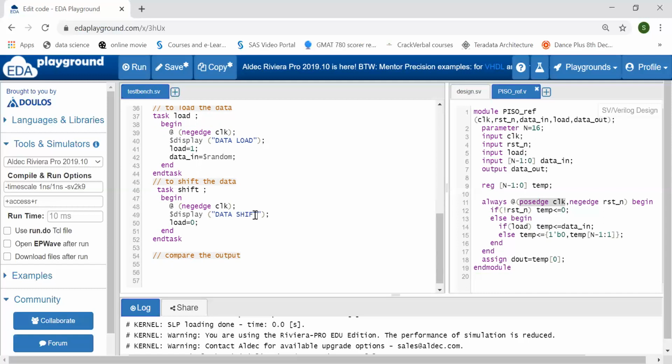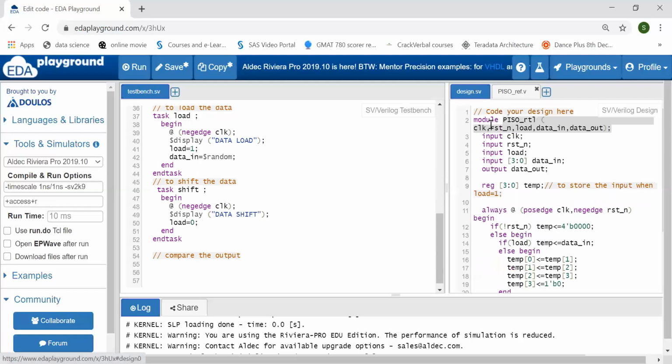Why 4 clock edges? Because my data size is 4 here. So I need 4 clock pulses to shift my data properly. If in between the 4 clock pulses I am loading some other data, then whatever data is there will be lost. I need proper time to shift my data properly. So here I'll be giving 4 clock pulse delay.